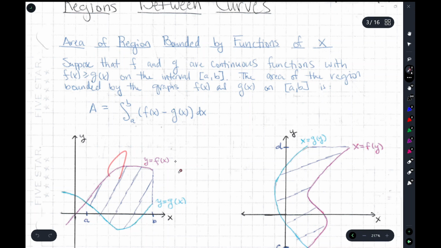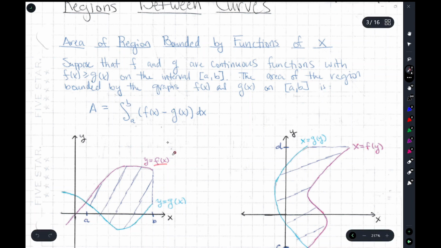So the top part is f of x, the bottom part is g of x. On the left-hand side, we have a point of intersection. They intersect at A. Okay, sometimes we have to find out where they intersect if that's what the question asks us. And on the right, we just stop at B. We just call it quits there. Okay, and so this region, its area, is given by this integral right there. Okay,